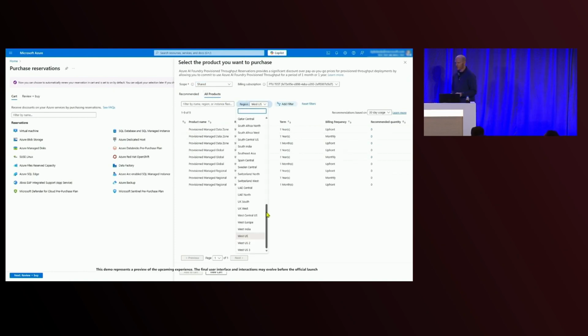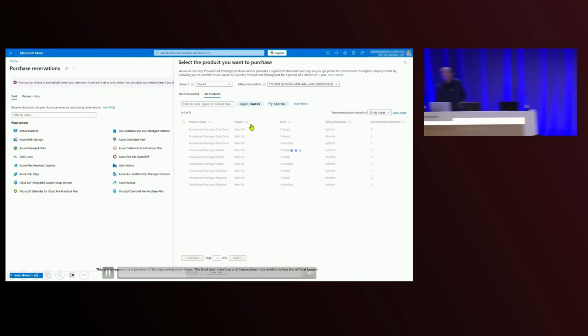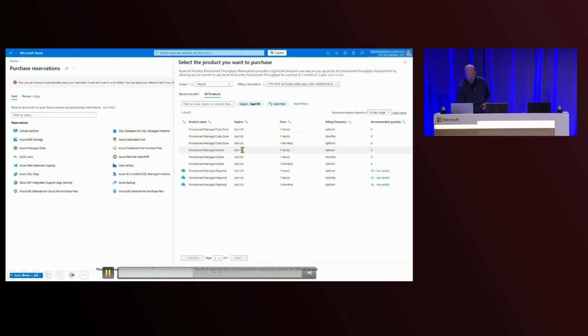So the first things that you saw within this demo, if I can just pause it here just really quickly, is that it first selected the scope of the reservation. The scope is this shared across your whole organization? Is this for a specific subscription, or is it for a specific resource? That's your choice. As the customer, you can choose whether you want to share this reservation or not. The next thing is which region does the reservation apply? Your reservation is region bound. So it is flexible across different models, but it is specific to the region of your choice.